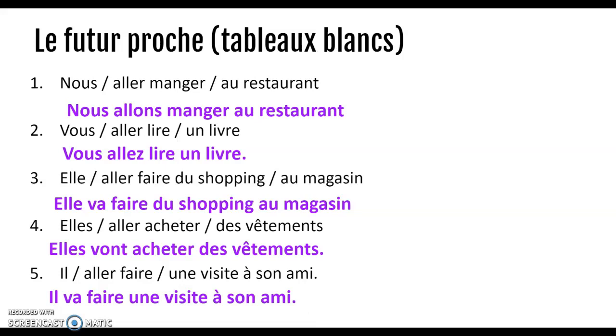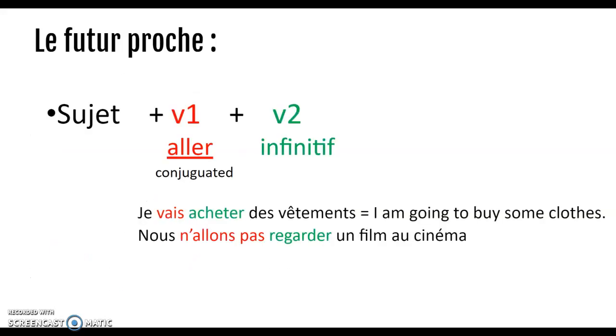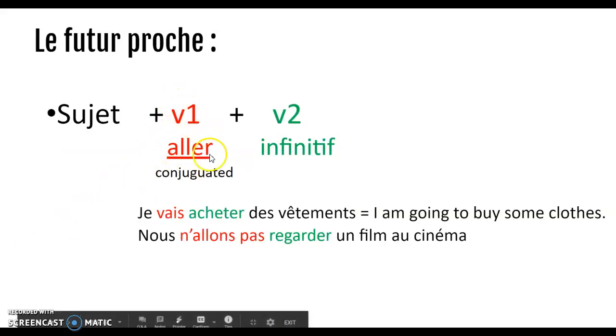So these are a couple of examples for the future tense. We're going to be going over it once again very fast in class tomorrow. But this should hopefully help you on your homework. Just remember the structure. Conjugate the first verb, the second one stays